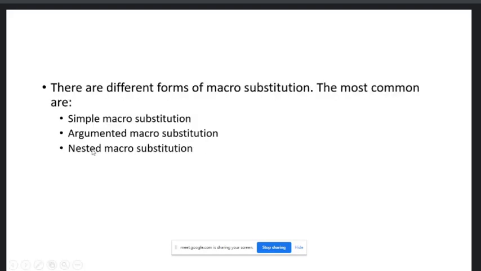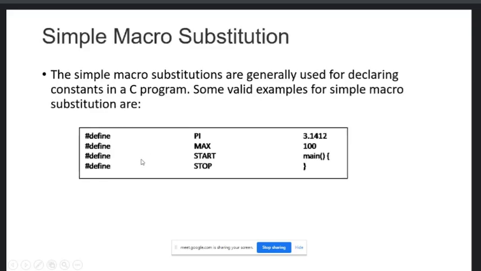Now these are different classifications: simple macro substitution, argumented macro substitution, nested macro substitution. A simple macro is defined by #define, then one space, then the name of the identifier, then a space, and in the string you can provide anything.